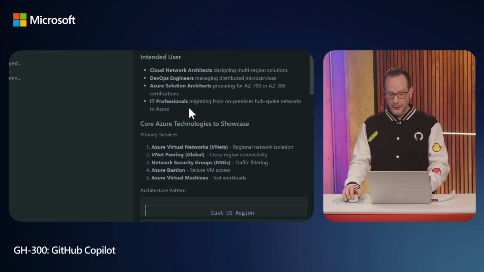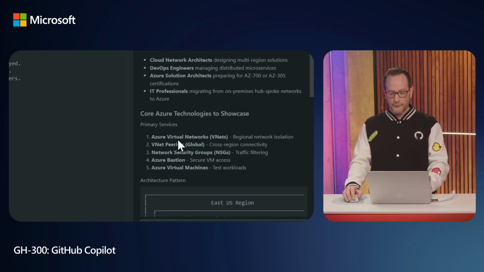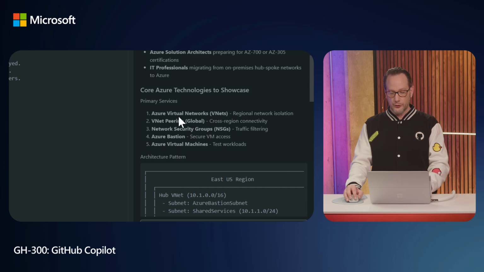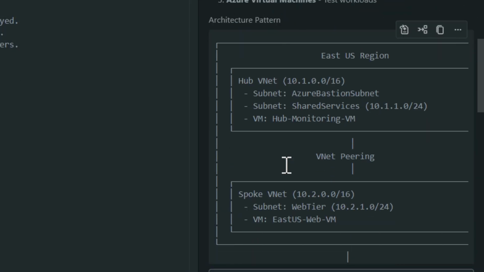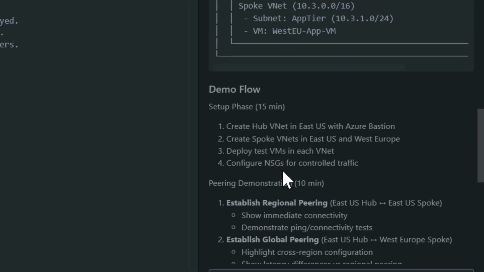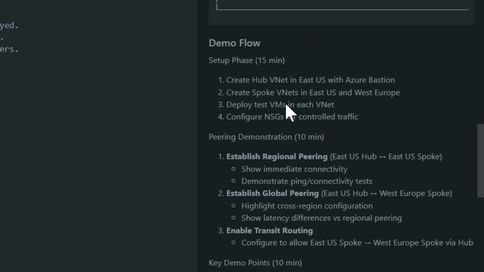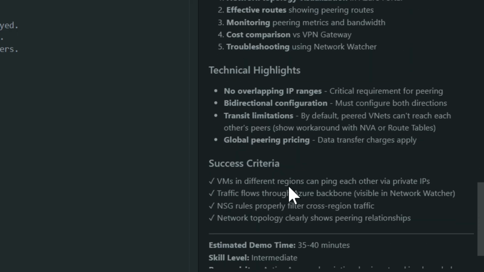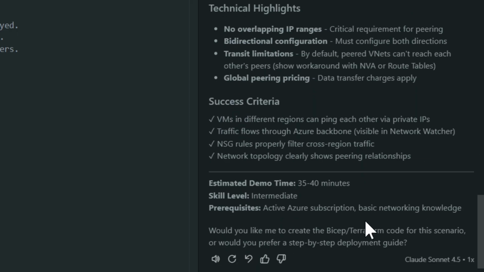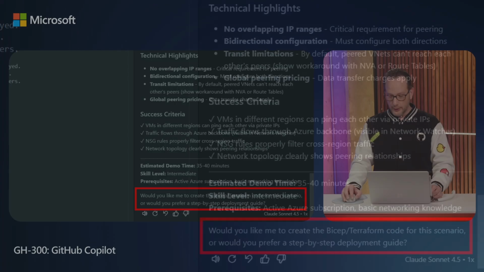exam. Based on the high-level prompt, it also identifies the architecture, like we're going to use Azure VNets, we're going to do peering, we need Bastion, which all integrates like Azure security to protect connectivity to the virtual machines. It comes back with a high-level Azure architecture, and it comes back with a demo flow, like this is going to take 15 minutes to set up, 10 minutes give or take to actually do the demo, some success criteria, and then all the way at the end, after the ideation is done, it's now asking like,